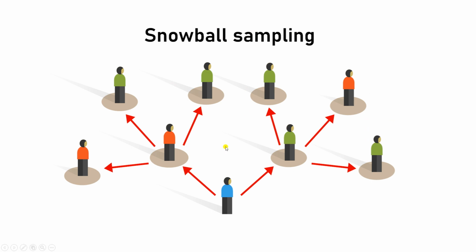You know what is a snowball? In the downhill of a snowy mountain or hill, what happens if you roll a small sized snowball, it collects more snow around it while going down and increases in size, gets bigger. So this is the same. As we proceed forward, we get more and more number of samples, right? So this is why this is known as snowball sampling as well as network sampling.